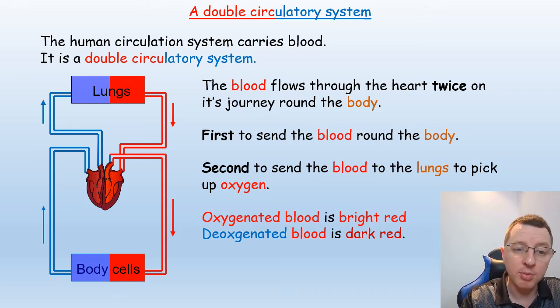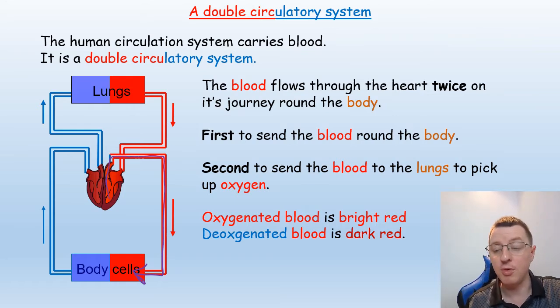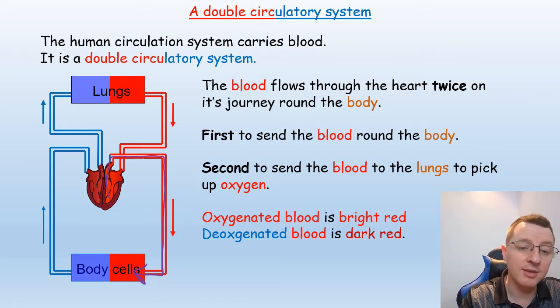First, the heart will pump and send the blood out of the aorta and towards the cells of the body, the muscle cells, the brain cells, etc. And in those cells the oxygenated blood will lose its oxygen as the oxygen diffuses out into the body cells for use in respiration. So the deoxygenated blood then will flow back into the